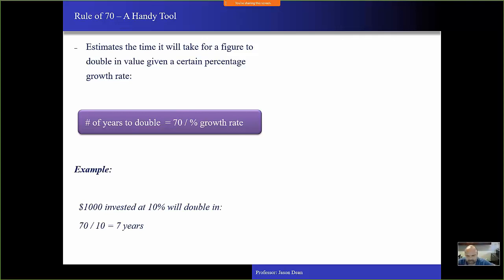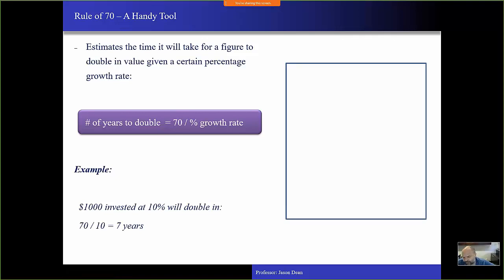Okay, so this is just a handy tool. One thing that's interesting, if you think about the difference in growth rates between countries, if a country is growing at 10% per year, it's going to double in 7 years. But if it's growing at 5%, it's going to double in much less. So even small changes in the growth rate could result in a much quicker doubling in the overall